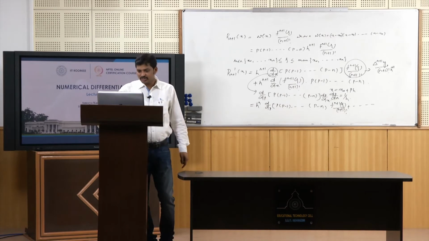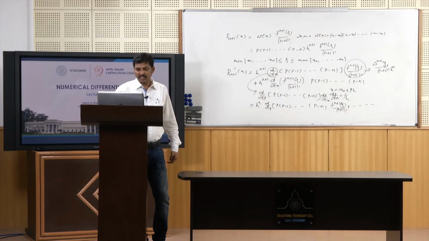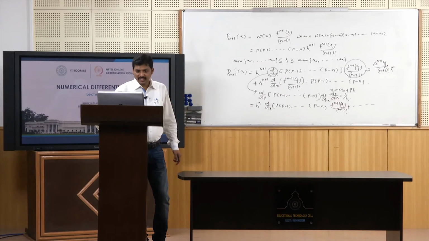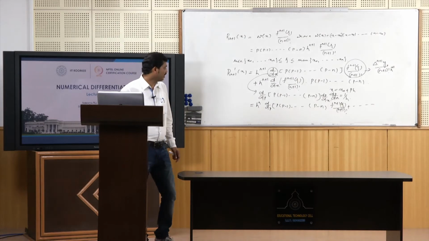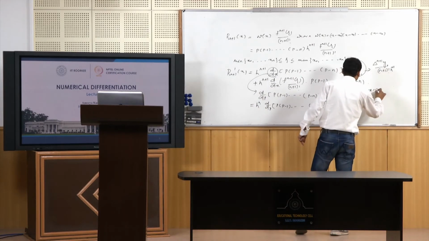And obviously, if you write all these terms here, then this can be expressed as d by dp of p into p minus 1 into p minus 2 up to p minus n, del to the power n plus 1 y0 by n plus 1 factorial into h, plus p into p minus 1 up to p minus n into del to the power n plus 2 y0 by n plus 2 factorial into h. Since h to the power n plus 1 is there, it can cancel out with h to the power n plus 2 and 1 by h is left over. Since at x equals x0, obviously we obtain p equals 0,